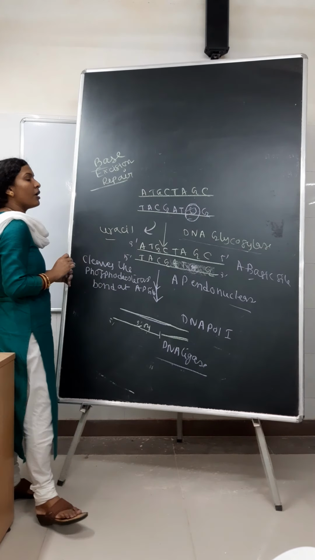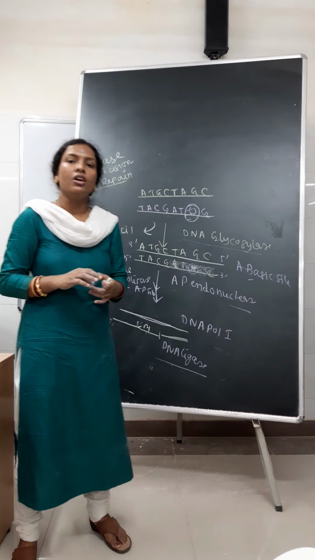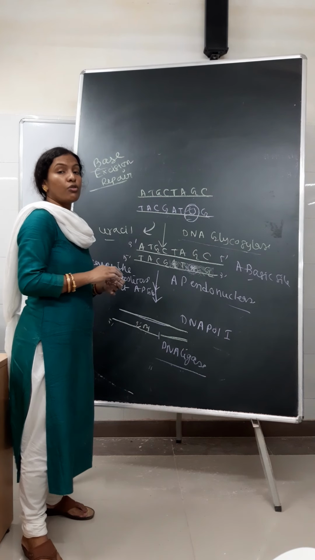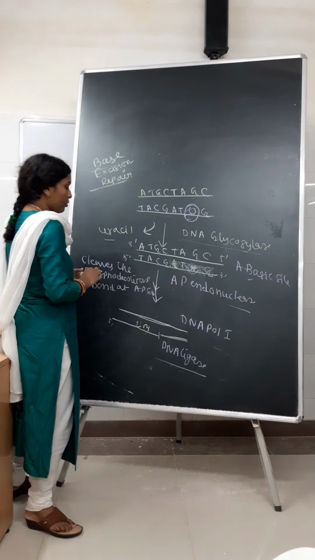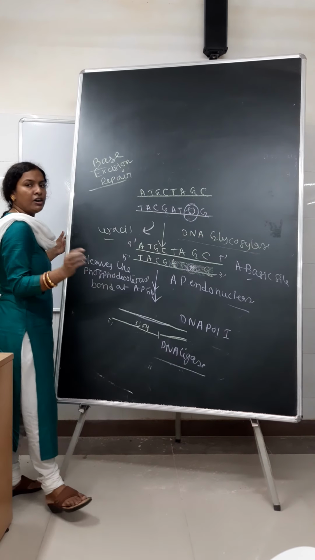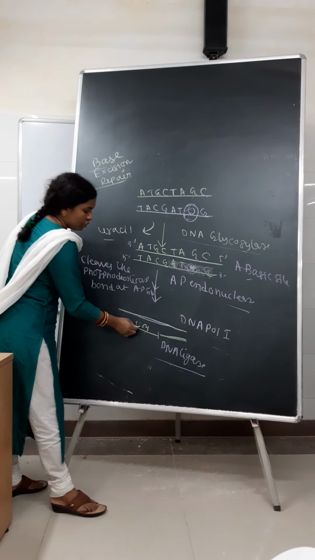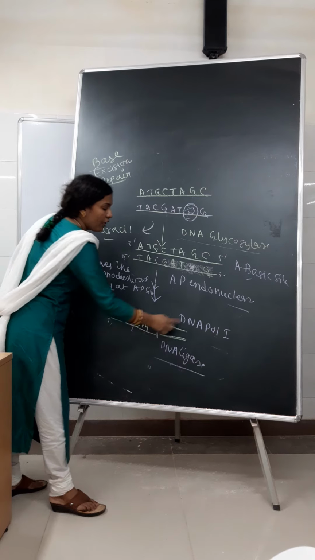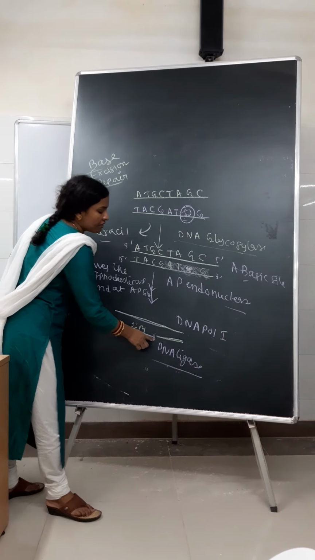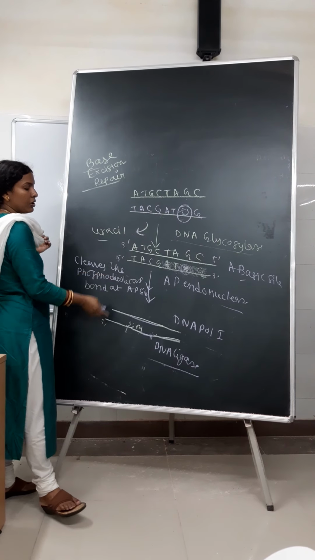Now the enzyme that comes into action is our DNA polymerase 1. In mismatch repair it is DNA polymerase 3, but here it is DNA polymerase 1, and we all know that DNA polymerase 1 has an exonuclease activity also. So where is the exonuclease activity? It cleaves the portion of the damaged end. Not only the base is removed, a portion of the DNA is cleaved. So this portion is cleaved, and now where is the polymerization activity? It now synthesizes this strand, and where is the ligase activity? Via the ligase enzyme, this break is sealed. So this is the repair system.